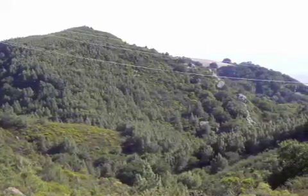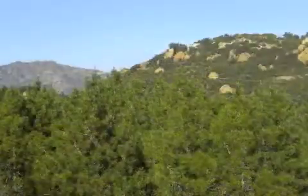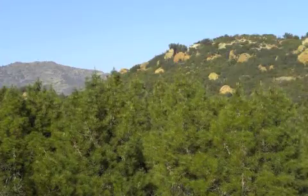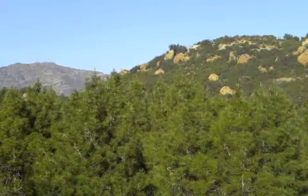Malcolm loves these cliffs for birds. At the top of the list of things you might see are the raptors, the soaring birds, turkey vultures, and red-tailed hawks are the most obvious examples. There's also violet-green swallows that are common, white-throated swifts are common, and so those are two aerial birds that you